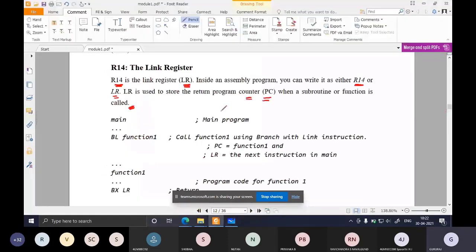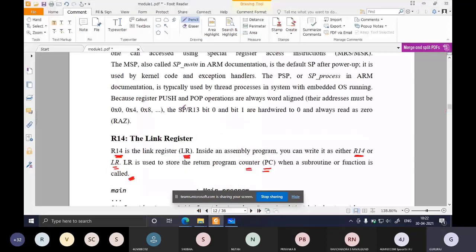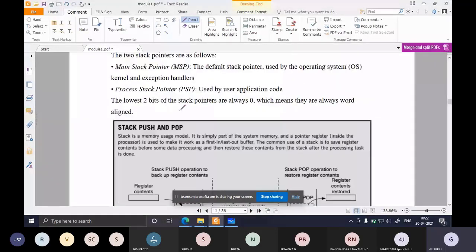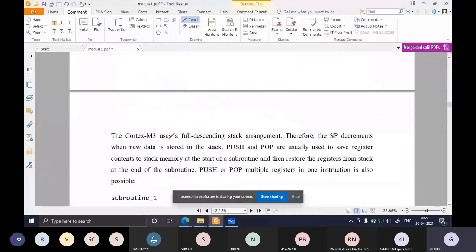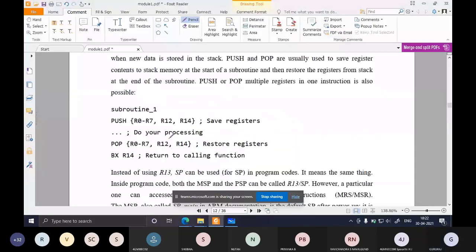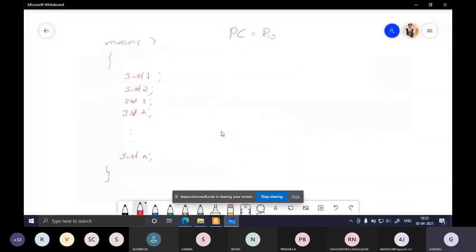Yesterday we discussed the registers R8 to R12, which are general purpose registers. The PC is R15. PC means program counter.